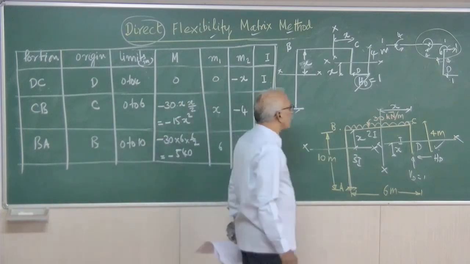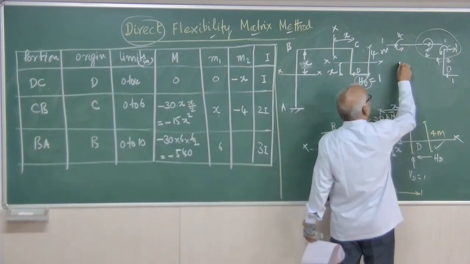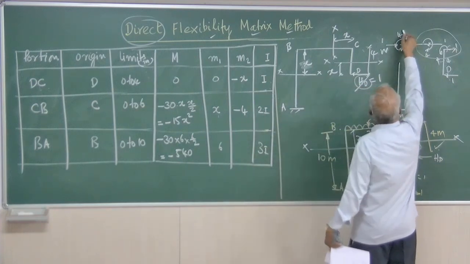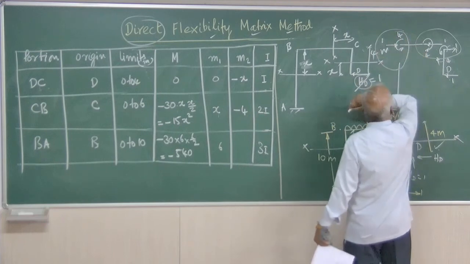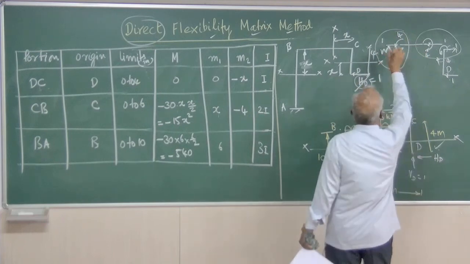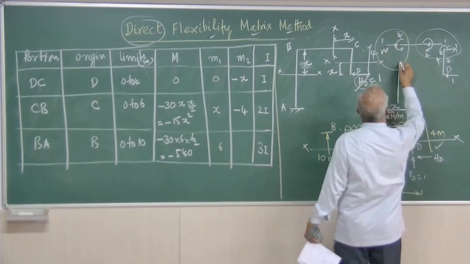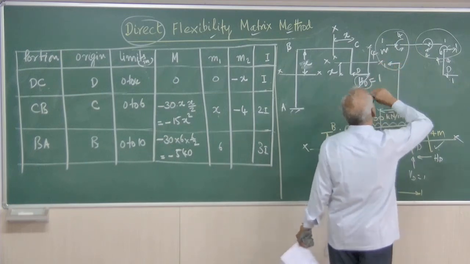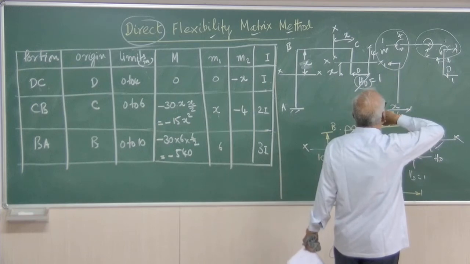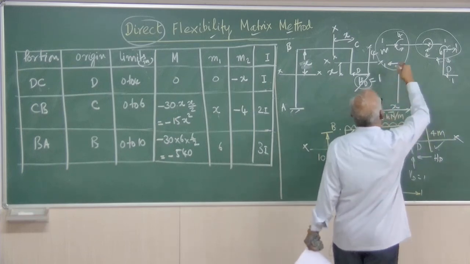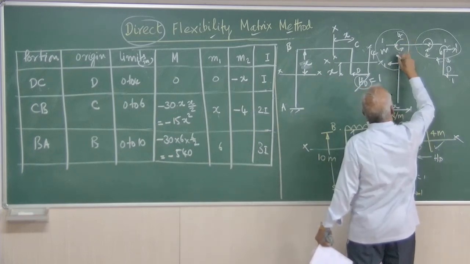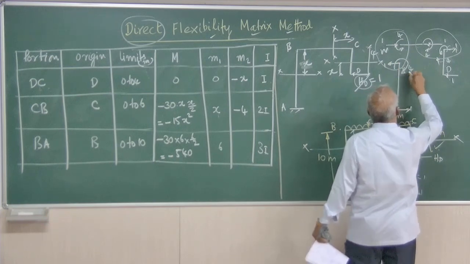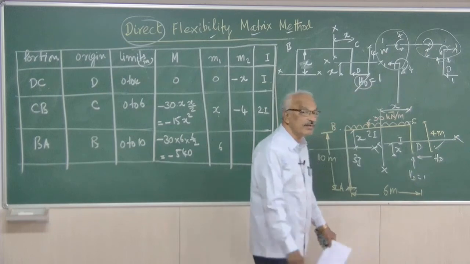Right. Now, coming to this column. For the joint to be under equilibrium, when there is a force of 1 towards right, there will be a force 1 towards left, so that the joint will be under equilibrium due to sigma h equal to 0. When there is an anti-clockwise moment of 4, here there will be a clockwise moment of 4. Only then the joint B will be under equilibrium.